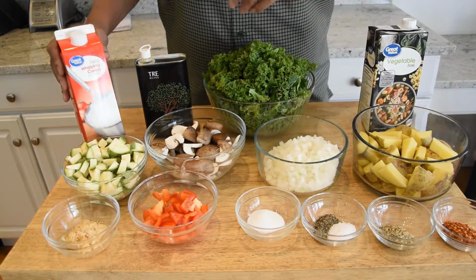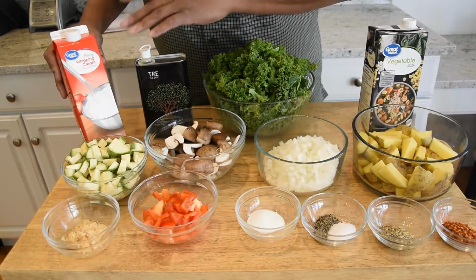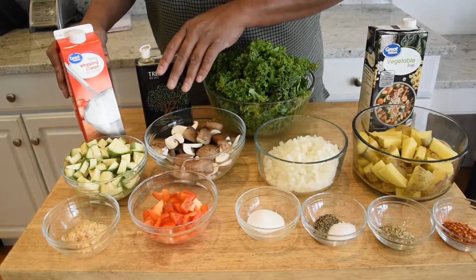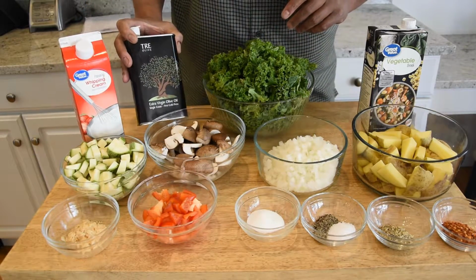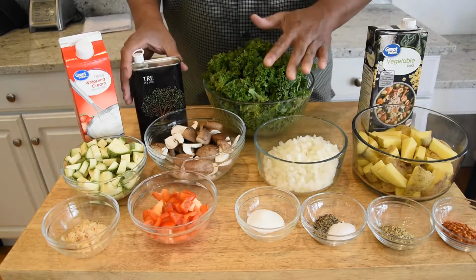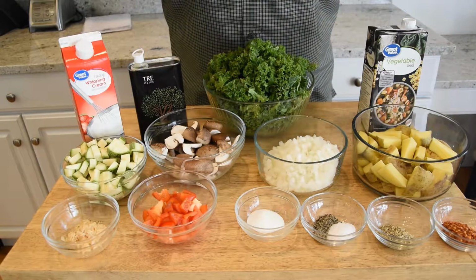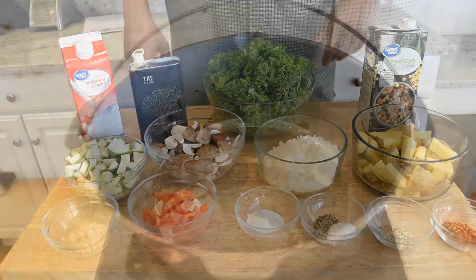Heavy cream as opposed to the half and half because we want to bulk it up a little bit since we're not getting any of the fat from the bacon or the Italian sausage. And we're going with some olive oil to cook some of these vegetables down. Those are our ingredients. The first thing I need to do is start cooking some of these vegetables, so let's get started. Olive oil,